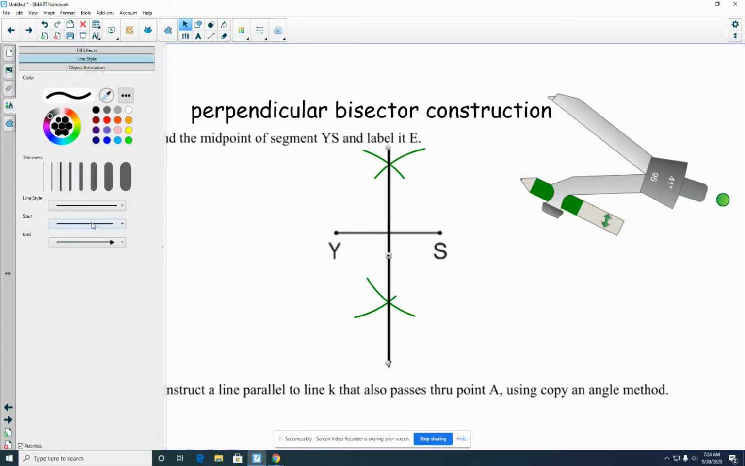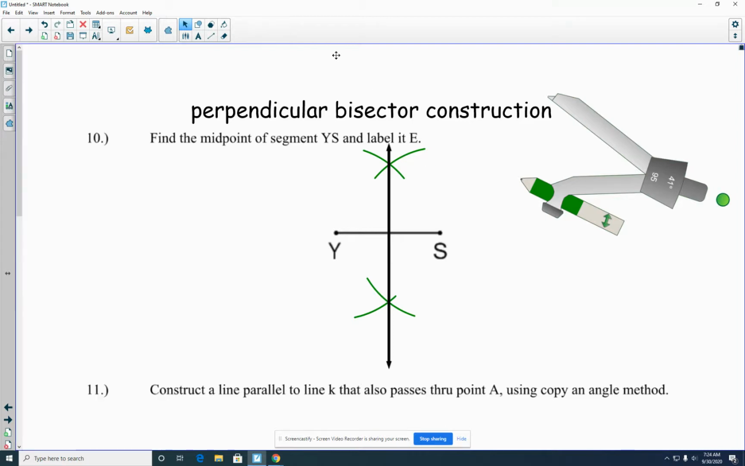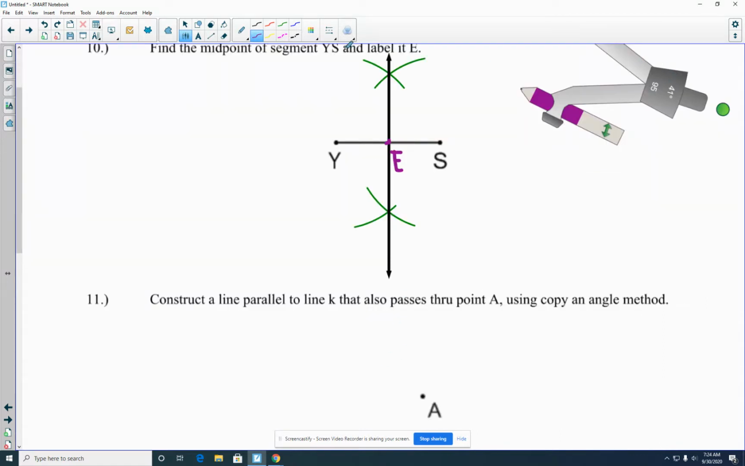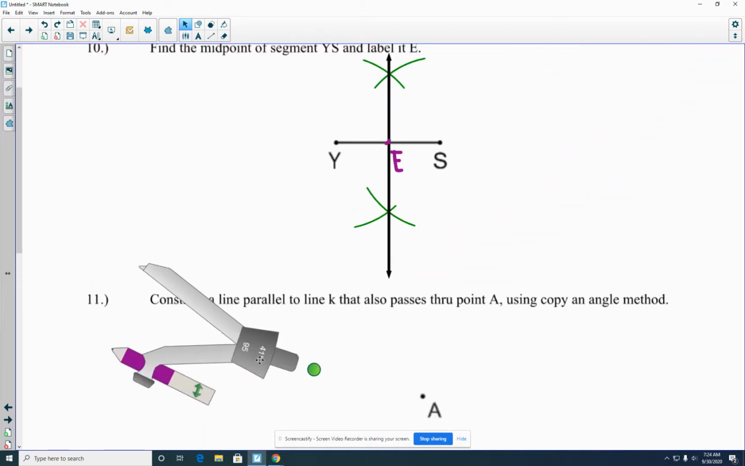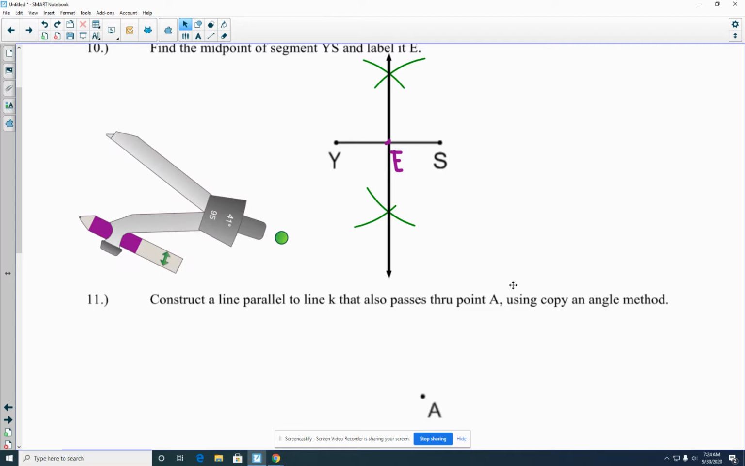Go here, arrows. Have to label the midpoint. We should put a little point here and label it E, my bad. So put a little point here, E. Yes, perfect. Okay, number 11, construct a line parallel to line K that also passes through A using copy and